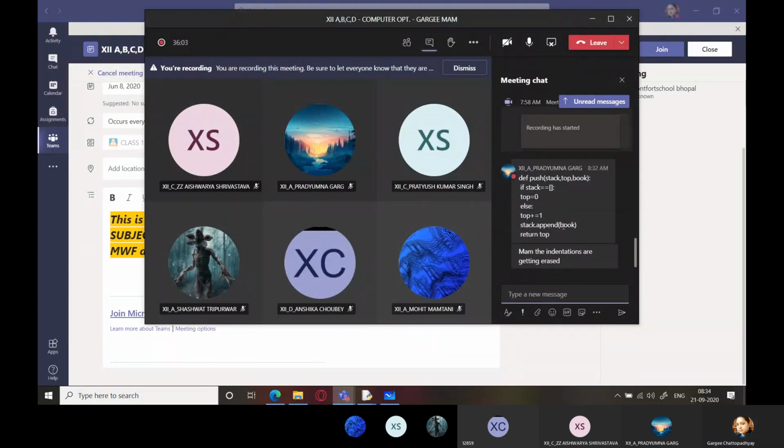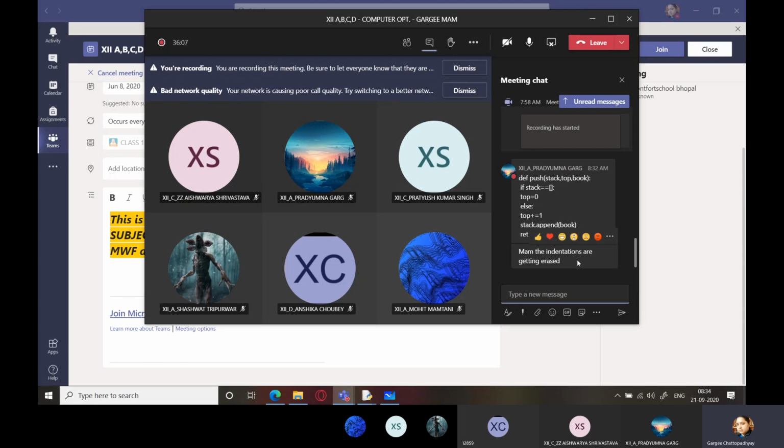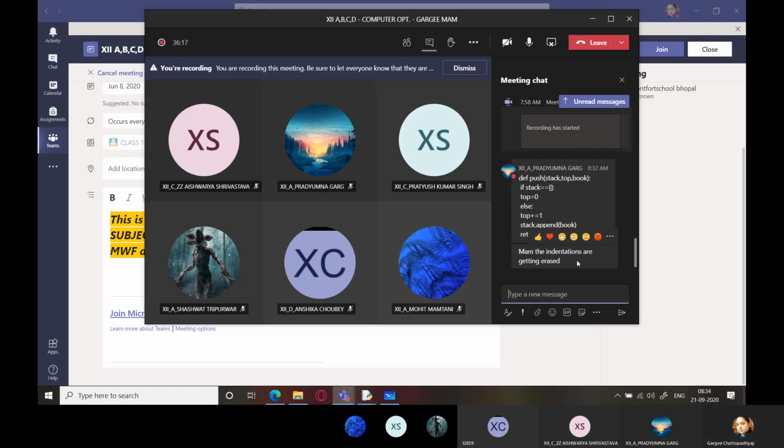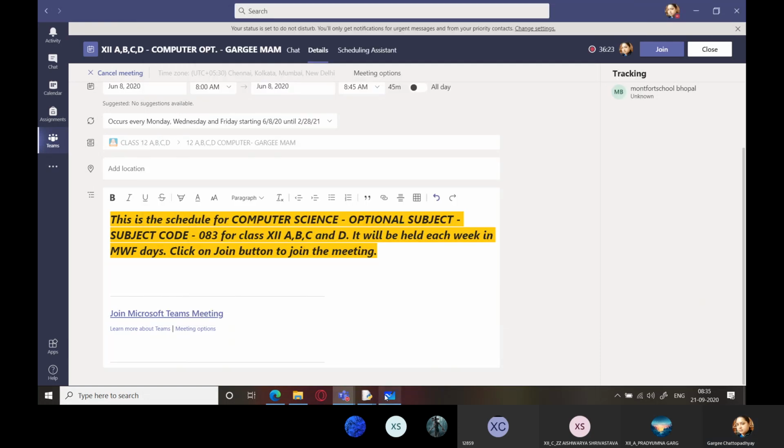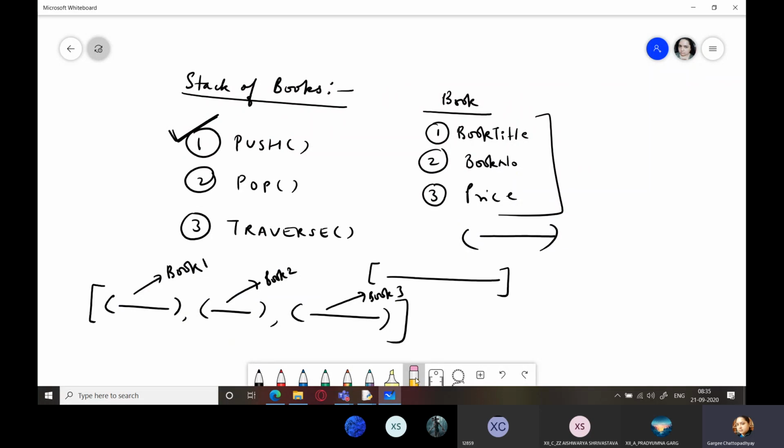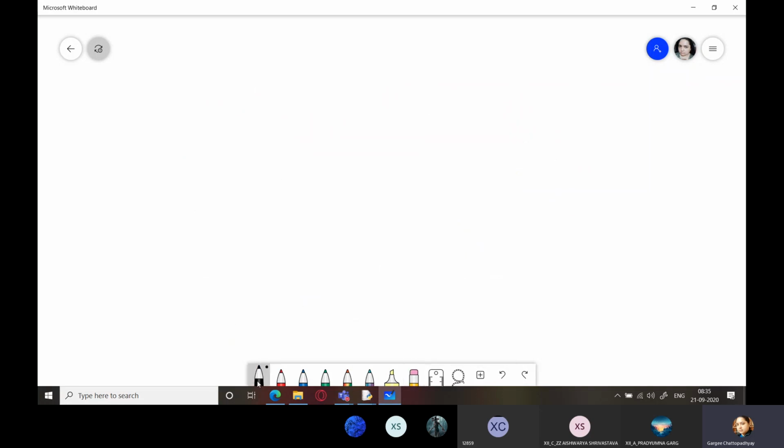Correct. Indentations will get erased here, we can't help that. Okay. So very good. Many of you have given me the correct answer.